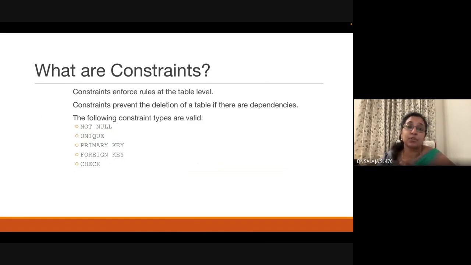Whereas when it comes to UNIQUE, every entry has to be distinct. Now, for example, you have a register number assigned to you that is unique. Every student has his or her own Aadhaar card number, which is again unique. Now, when I create a student table, among the register number, and the register number is unique,